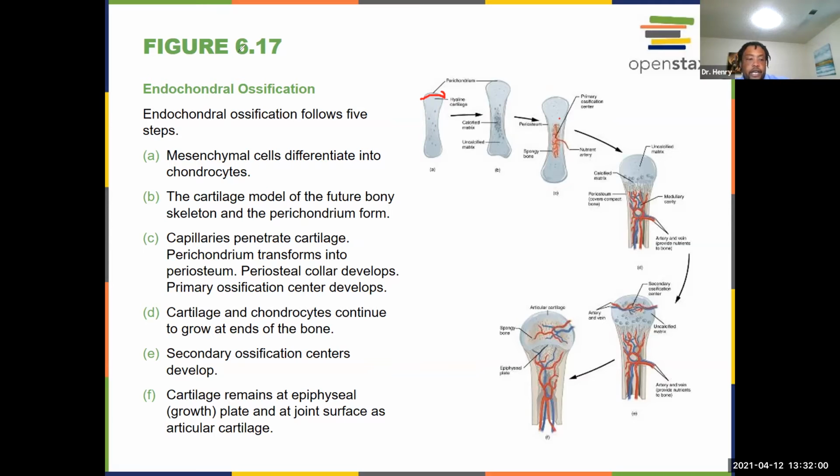And then you're going to start getting more and more blood vessels moving into the area, and then forming that nice little matrix, so that we get the blood that we need within the bone itself. And then towards the end, so this was our primary, here's our secondary going on, and then towards the end, we're going to actually get the